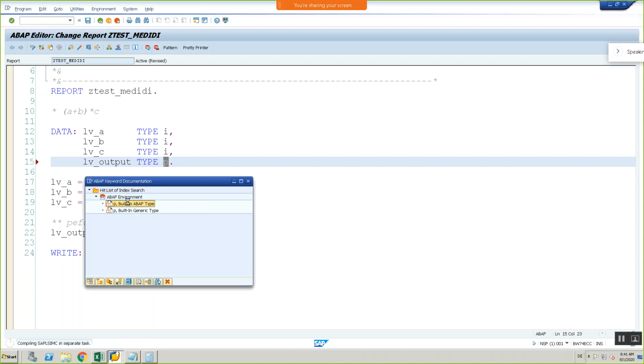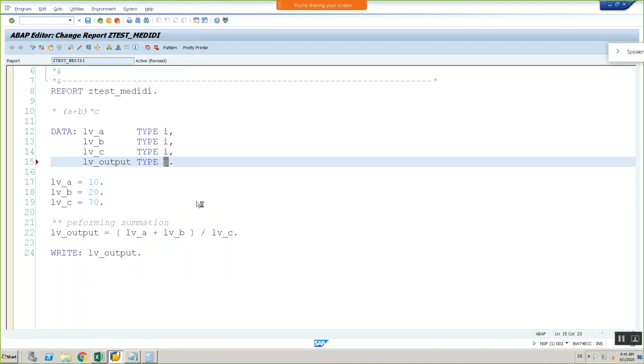We forget sometimes, so we need help from SAP help to get some idea of how to use a particular keyword. I like to take help from SAP most of the times. I pressed F1, so SAP is loading that help functionality.